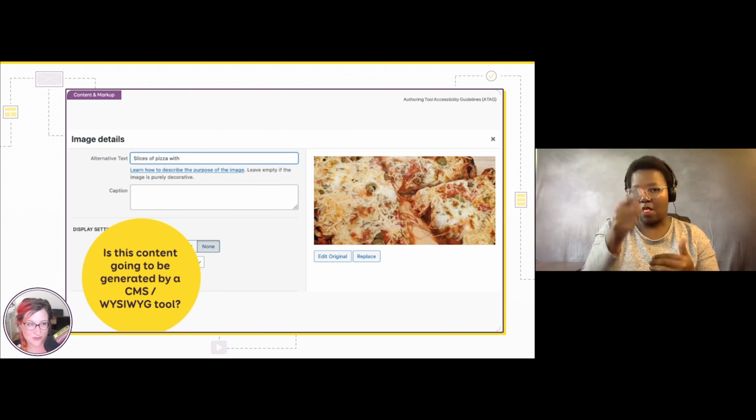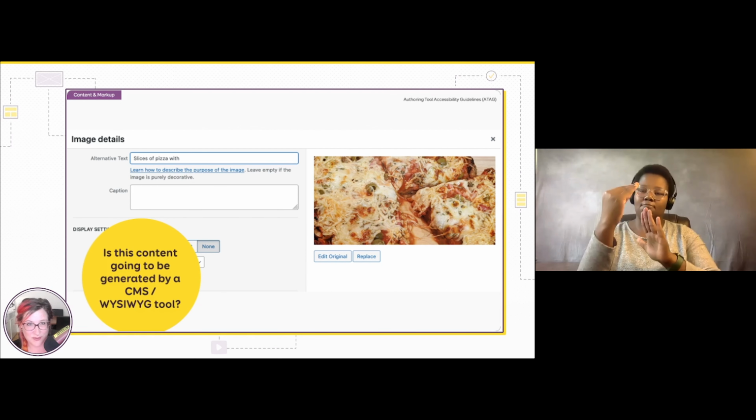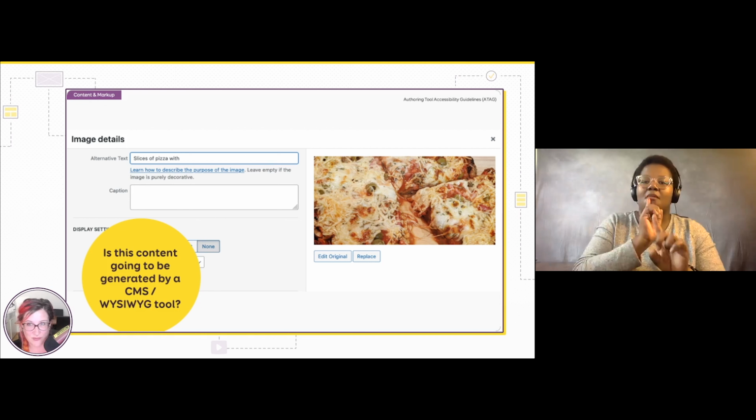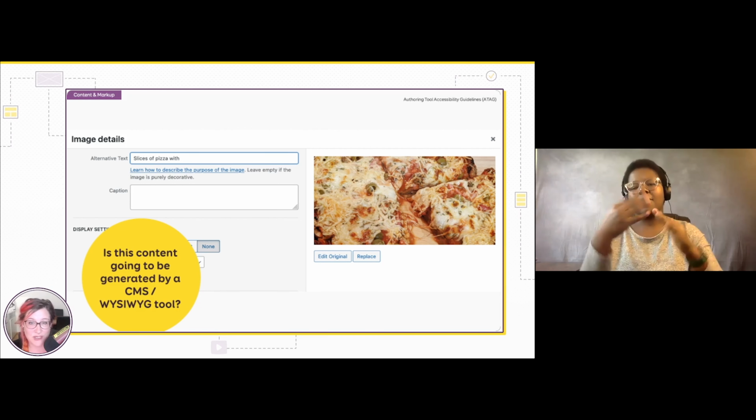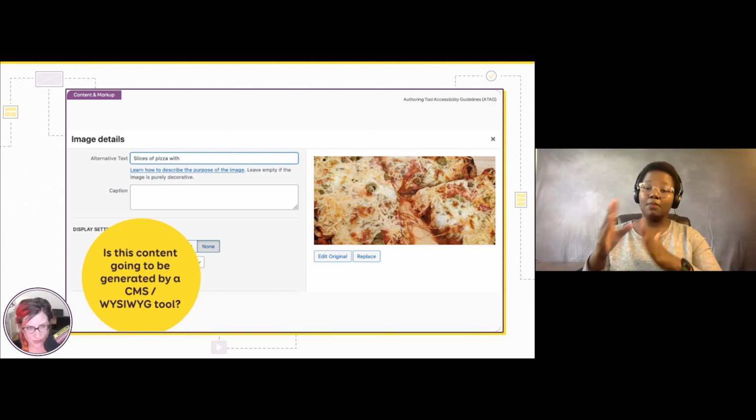This is the sort of thing that also needs to be documented. If you're building a website that has a content management system and you need to enter such things, at some point, you need to provide a way for authors to provide these kinds of things. And if you're interested in all of those sorts of things, like accessibility for CMS and WYSIWYG tools, there's something called ATAG, Authoring Tool Accessibility Guidelines, and you could look into that. Again, link in the slide.